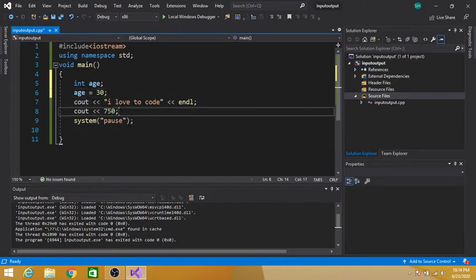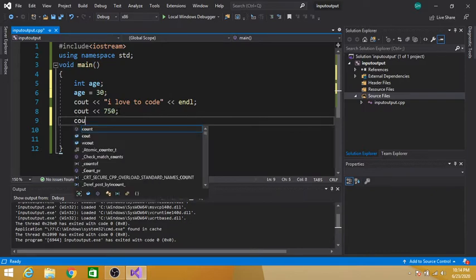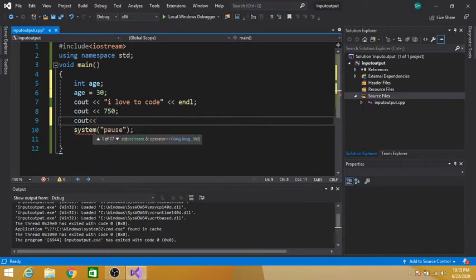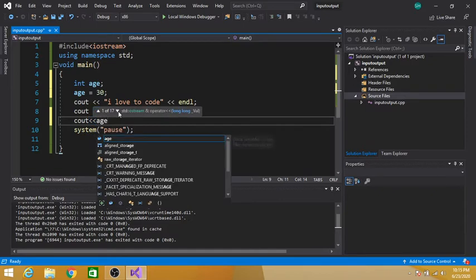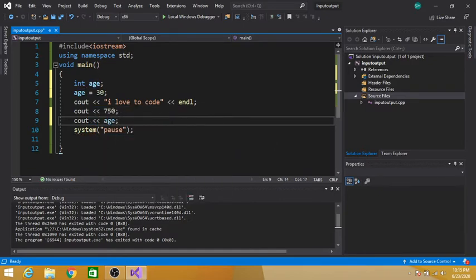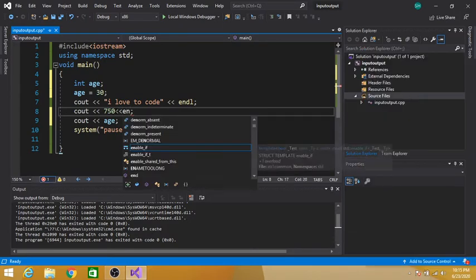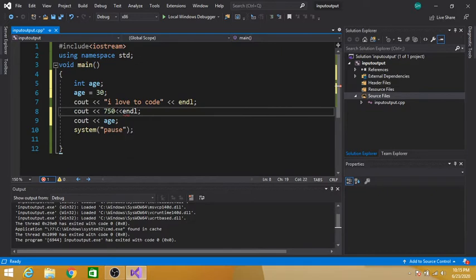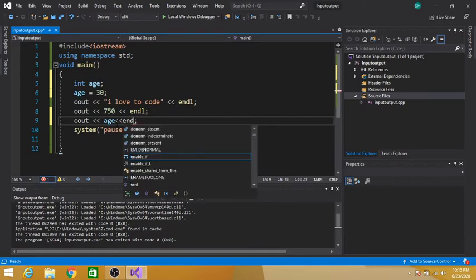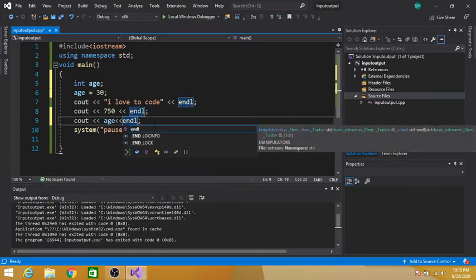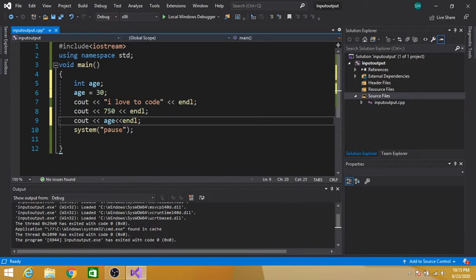We can also display this variable on the screen like so. Here we can also place endl to start a new line. endl stands for end line.